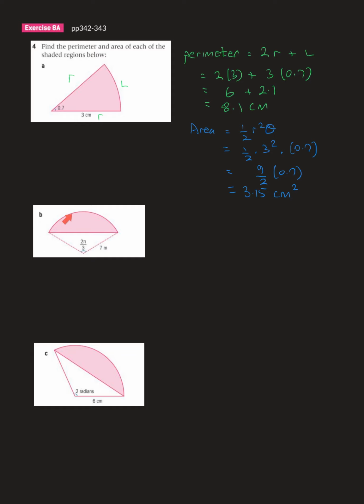Now remember the B, we're looking at this arc length plus this line. Now this triangle in here, the white one, is an isosceles triangle, 2 sides equal. So if you drop this outer 2 down to here, we know this angle over here will be 2 pi on 6. We've got 7, so we can just use trigonometry to find the length of that, double it, and we've got the length. Okay, so we know the perimeter